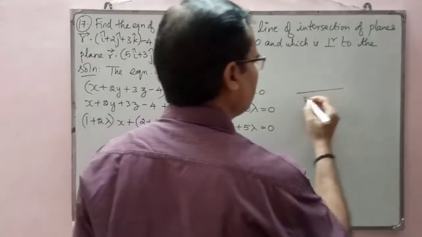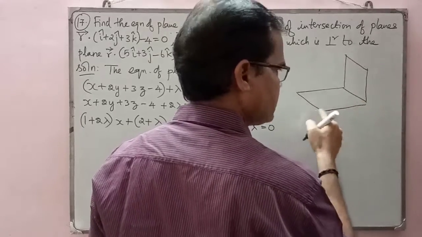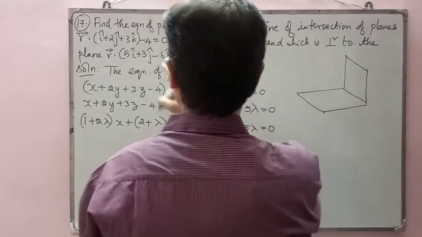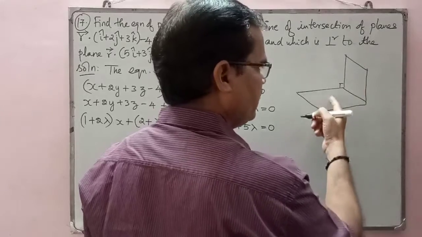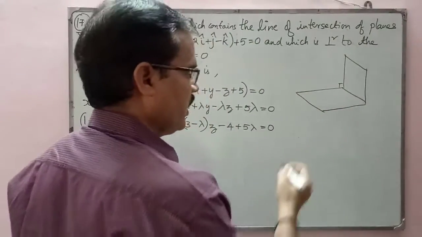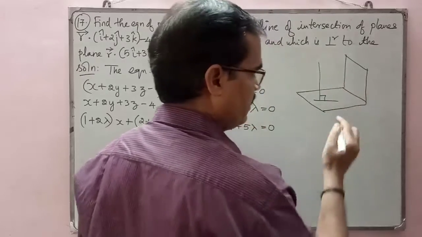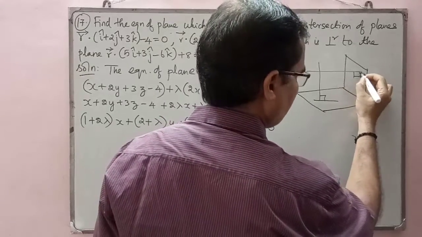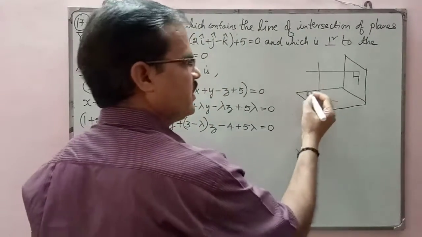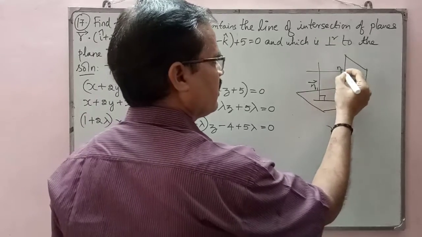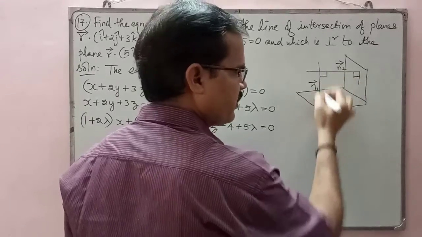When two planes are perpendicular, what about the relation between their normals? I am drawing two planes. This is our plane. Our plane is also perpendicular to this plane. Okay, they are perpendicular. Now tell me, what will be the relation between the normals? I am drawing the normal of this. Normal, the other simple word is perpendicular. I am drawing the normal of this. Now what is the relation you see? When the normals, you say n1 vector, n2 vector. These are the normals. You see that they are also perpendicular, right?